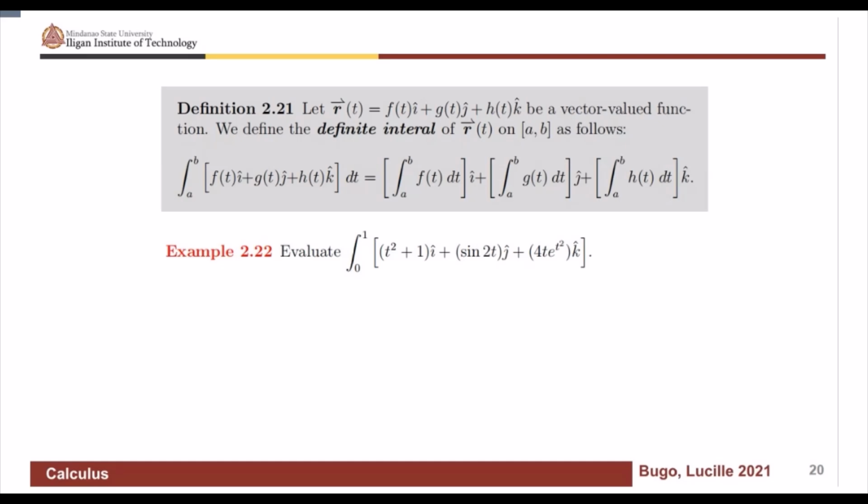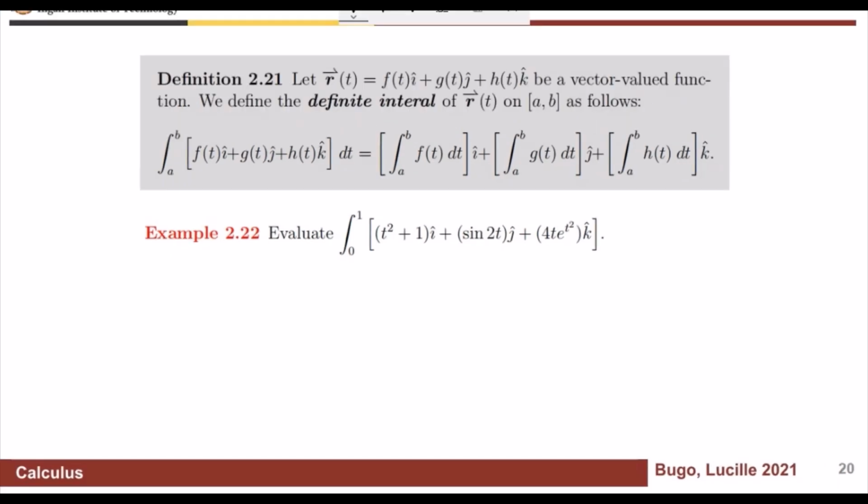Definition 2.21: let r(t) be a vector valued function. We define the definite integral of r(t) on [a, b] as follows. The integral of r(t) is equal to the integral of f(t) dt i hat plus the integral of g(t) dt j hat plus the integral of h(t) dt k hat. Each of the integrals is evaluated from a to b. So for example, 2.22,